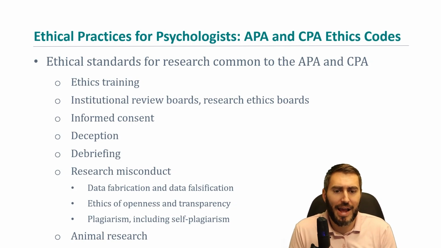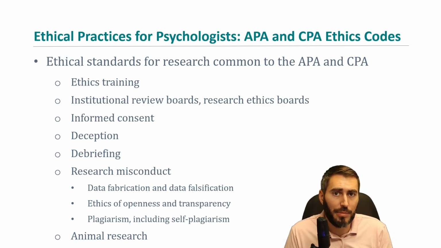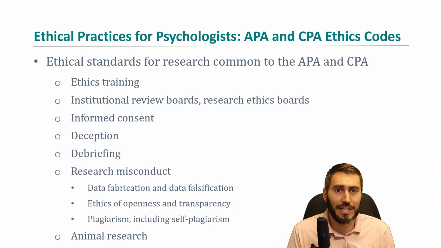We can also talk about how APA identifies some core components that you need to use and have in your research. Some of these are things that you are going to do as well. We're going to talk about these throughout this class, and you're going to be a part of creating and doing them for your own research. So for example, ethics training, CITI training in our case, is something that we need to do in order to be certified to work with human subjects and human participants. It goes through a lot of these historical examples of unethical research and how we've improved upon that going forward. We also have institutional review boards, or IRBs, which are ethics boards at different universities and institutions